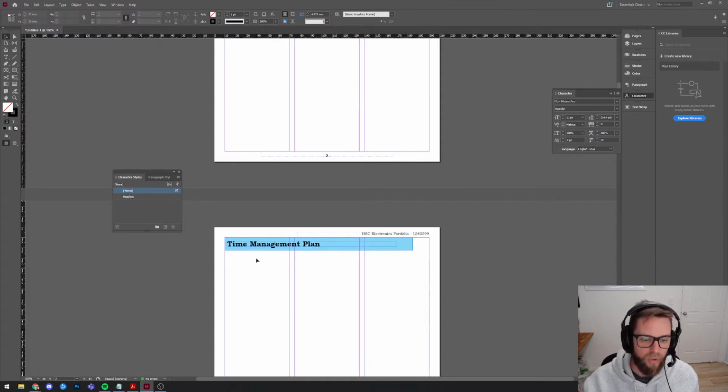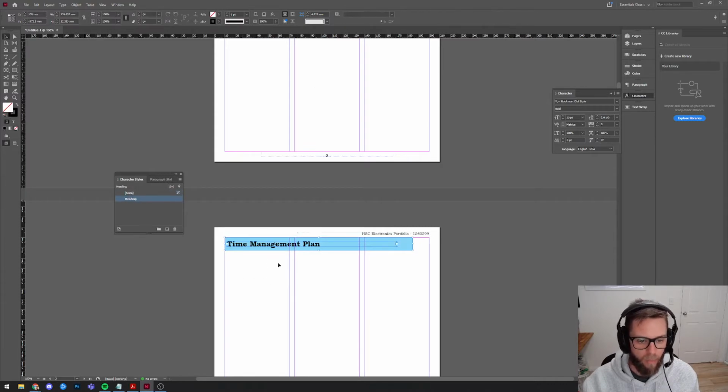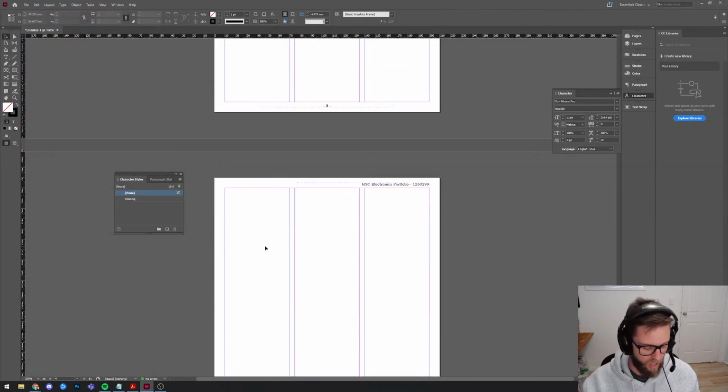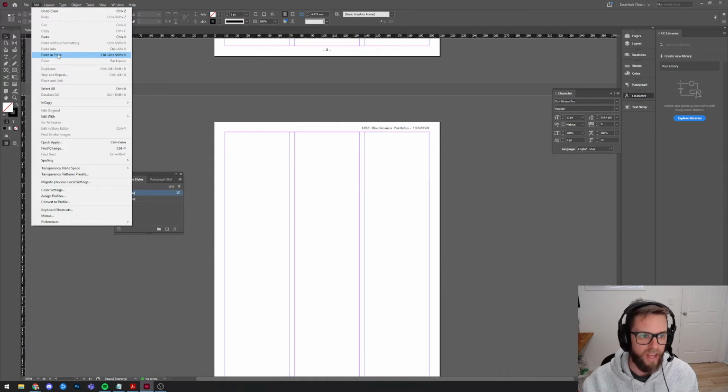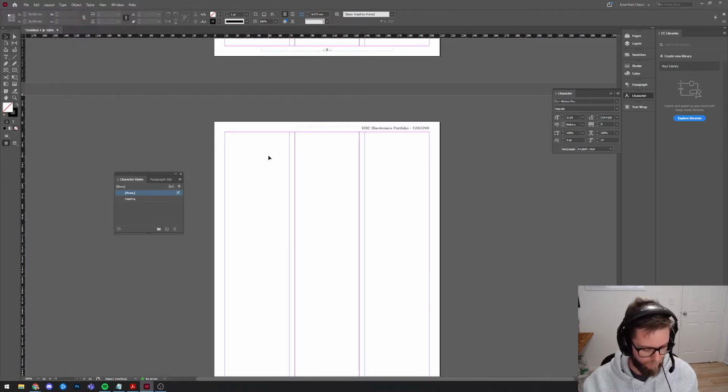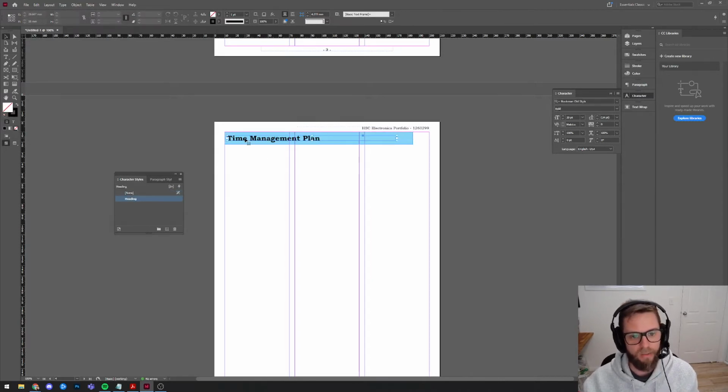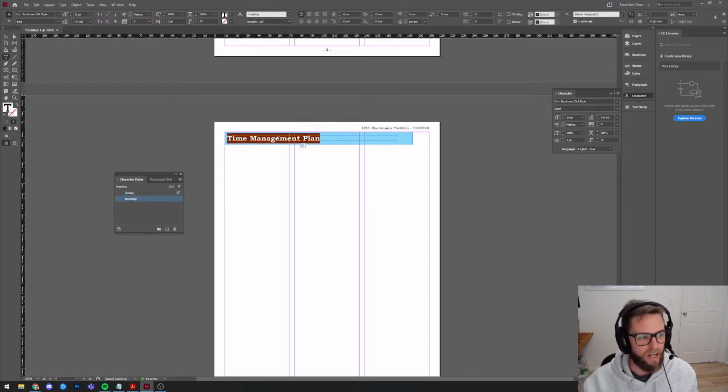But another way that I also do it so that you don't have to stuff around with character styles is to copy and paste this. So I'm just doing Command C, Control C, or you could do Edit, copy if you want. Come to the next page. Now, you guys would be familiar with just pasting, but what's a good thing to learn in something like InDesign or Illustrator is you can go paste in place, which instead of just Control V is Control Alt Shift, or whatever it is on Mac, the equivalent where you hold down all three of those things and V, and that puts it in exactly the same spot. And then you can just edit the text, and it's going to use the same